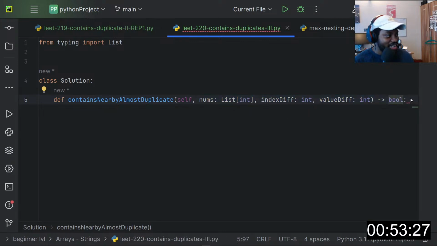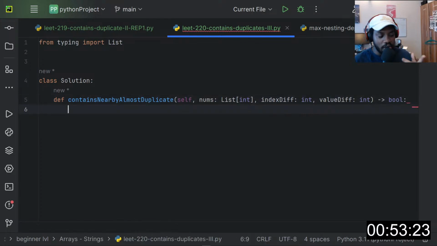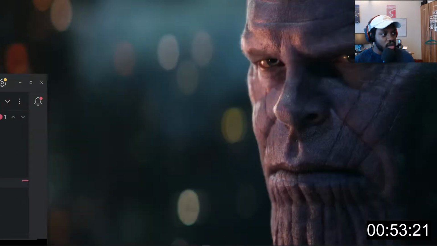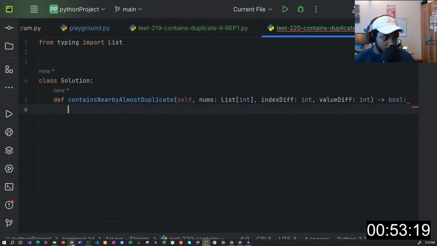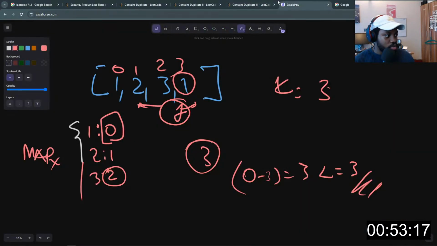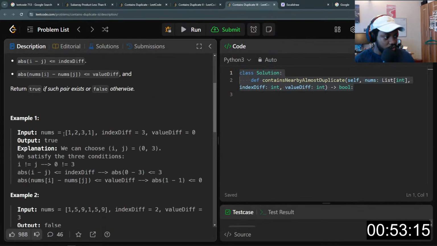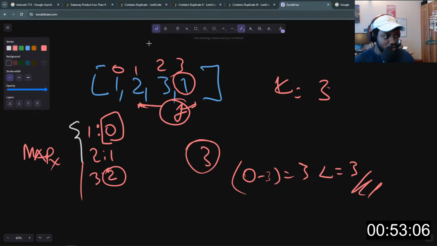But okay, so here's what I would need to do. I'll first of all create a dictionary, right? Let me go to the board. We still have the same input, but now we have index diff and value diff. Let's see how we can do this so that we return true. So I'll remove everything here.